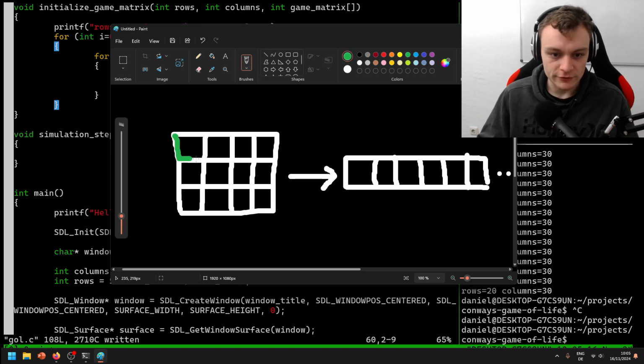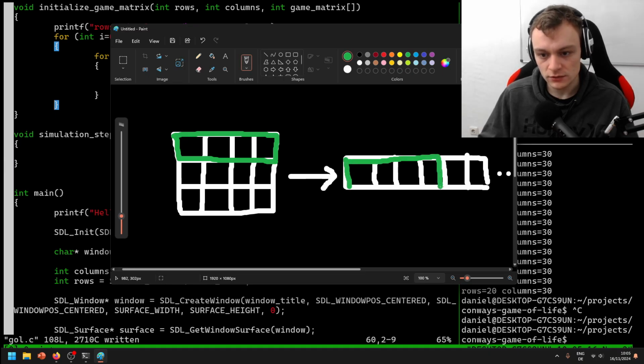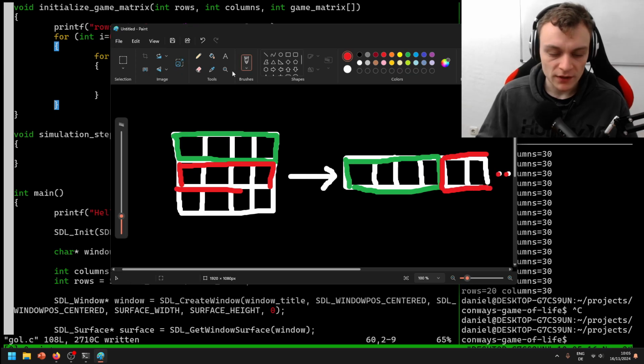This means that the first row here must be the initial part here. After that comes the second row right here, etc., etc. And if we're looking at one of the cells, for example, let's have a look at this cell right here,